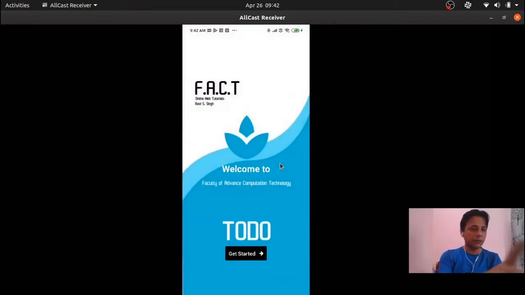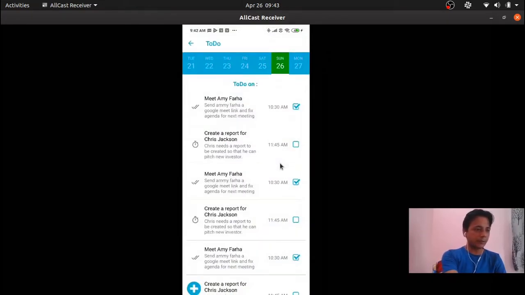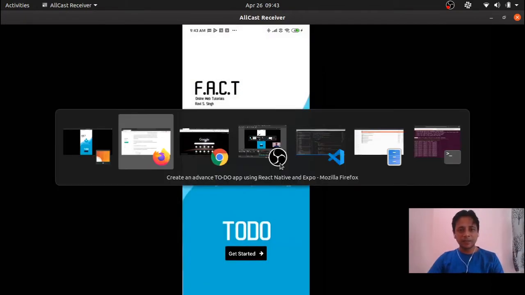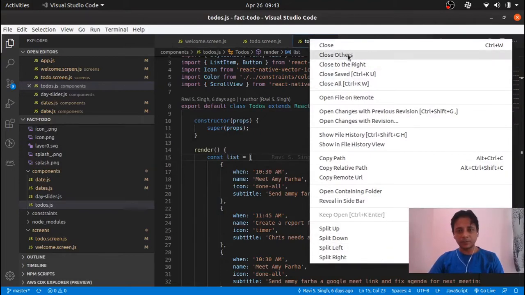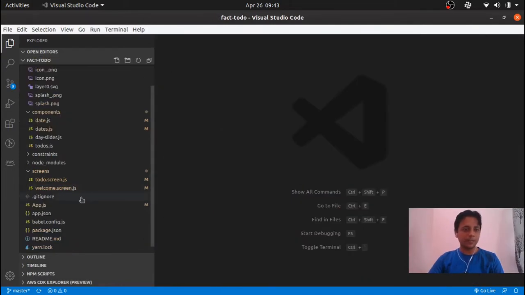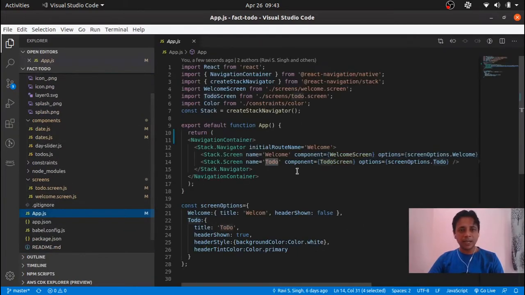So you see the back button that I pressed is basically done by navigation, and here is a get started. So this is basically taking me to that. So let me explain these functionalities, how these things have been done. Let me clear my screen first. So this is the app.js. What it has, basically, it has set it up with this navigator, and it is using stack navigator. Okay, and then it has two different screens, one is welcome screen and one is to do.